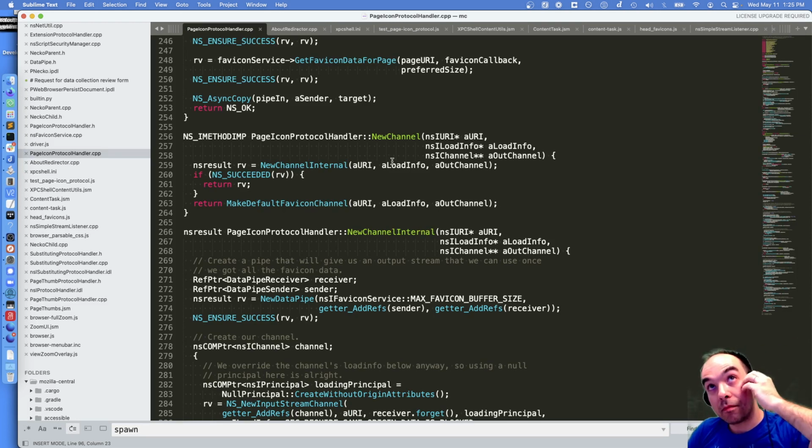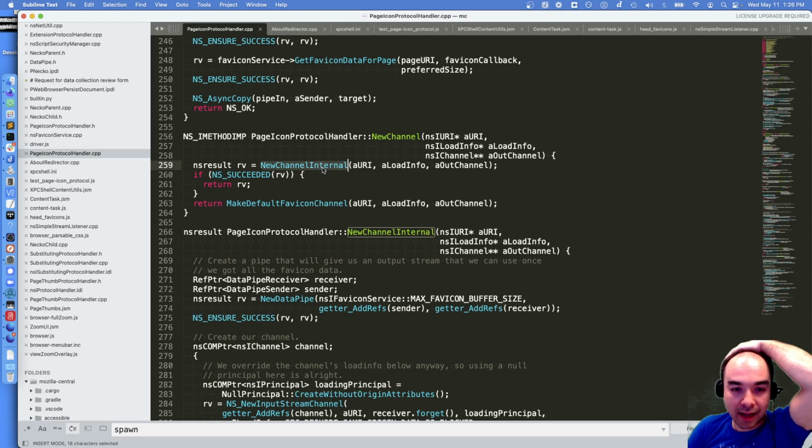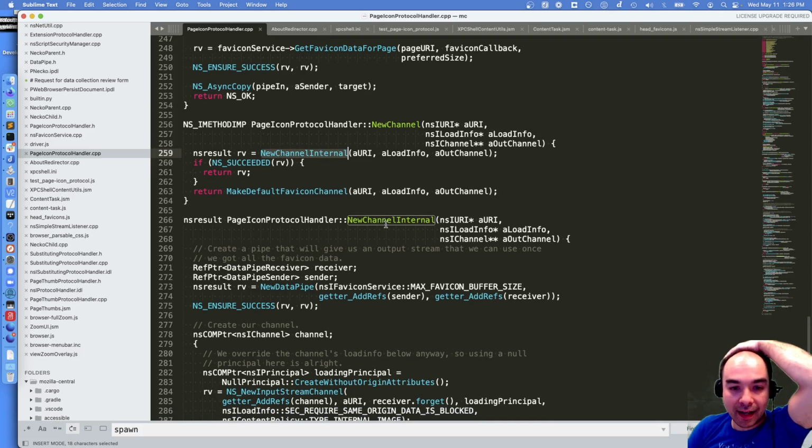Like the DOM has noticed, for example, that we've added an image with a page icon background or something. Eventually, something knows that we've registered a handler for page-icon and asks us for a channel for a particular URI, the one that we put into the image. And we get a channel.